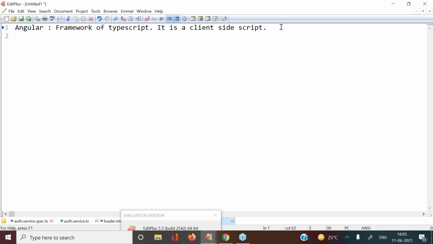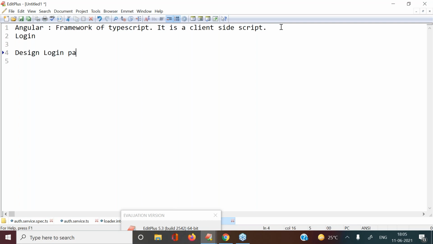Is it clear? Now I will explain one use case where we generally use client-side script. In future, when you get jobs in companies, you will definitely have to work with the login concept, registration, and different concepts like that. If you take this login concept, what are the steps involved in working with it? So first we need to design